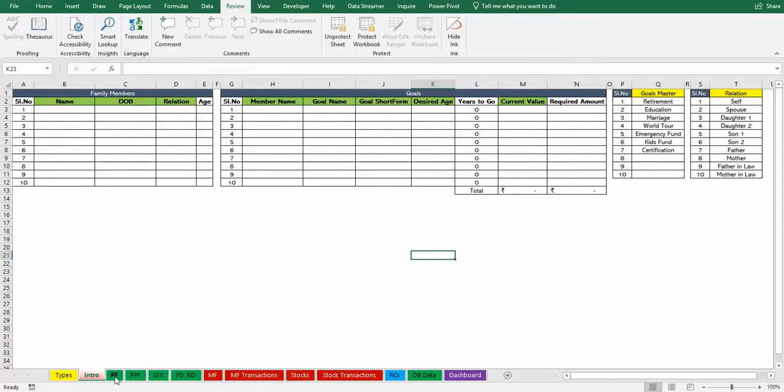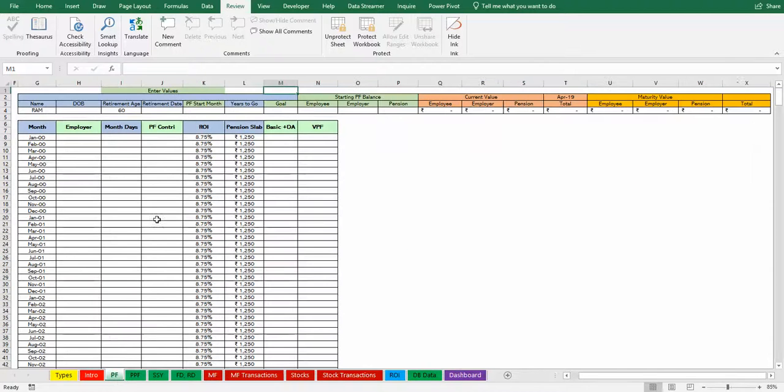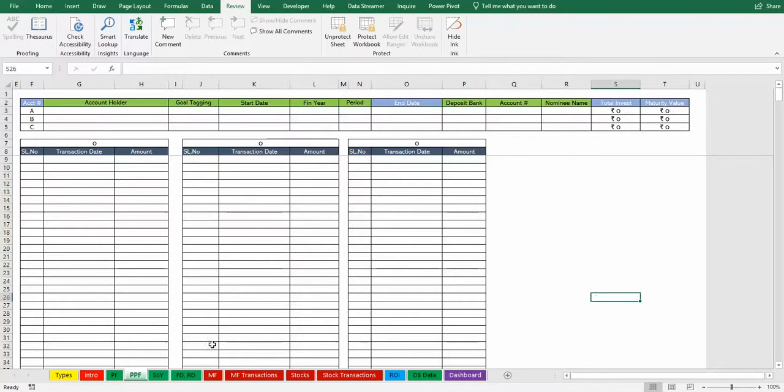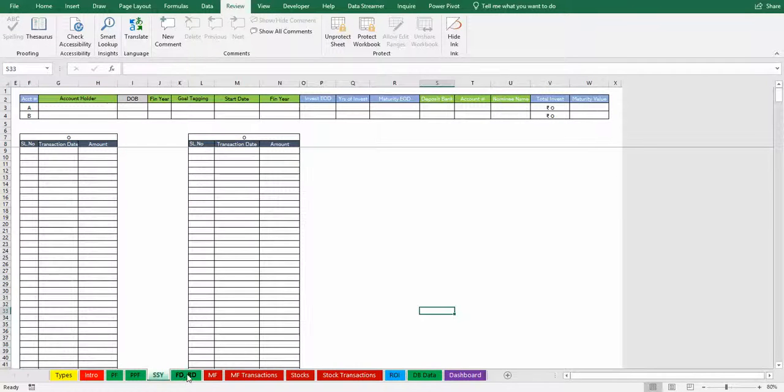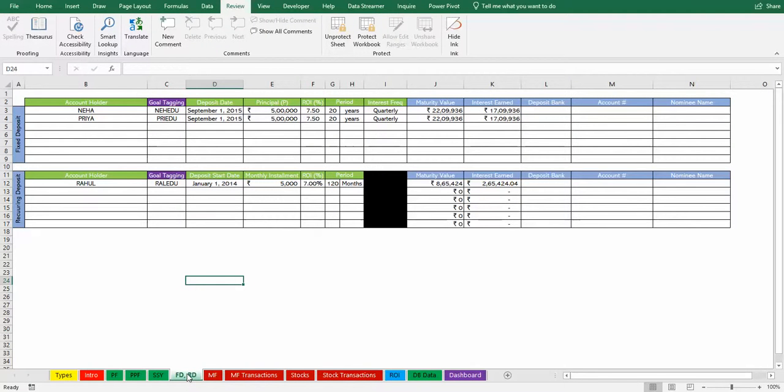Alright, so I'll take you through how to go about filling each of these, but prior to this I would like to look at each of our instruments so that you could have an understanding. So first I would like to have the Provident Fund covered. In this you basically capture the employer information, the contribution to your Provident Fund, what your basic and voluntary PF contribution is, and it tells you based on your retirement date what value you're going to have precisely. That's the beauty of this template. Similarly, we have it for Public Provident Fund, Sukanya Samriddhi, fixed deposits and recurring deposits,